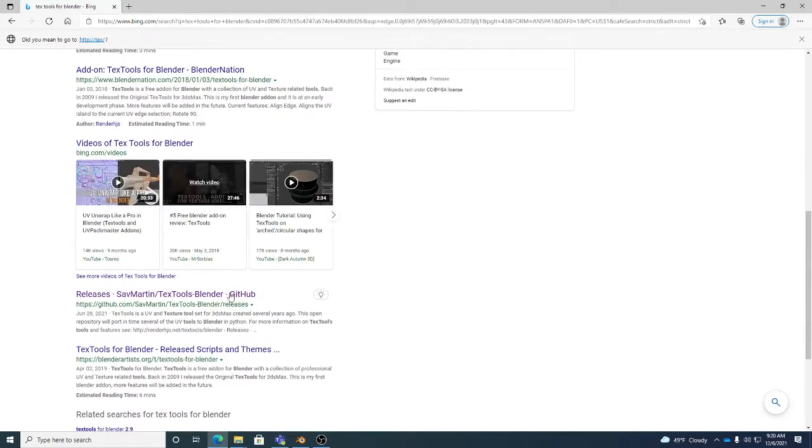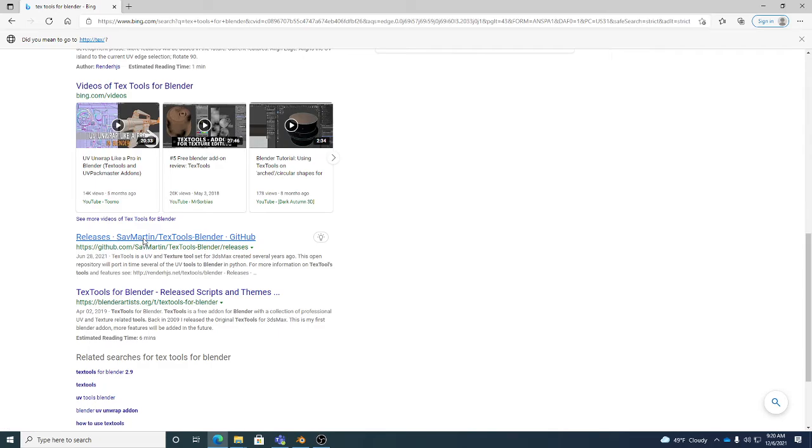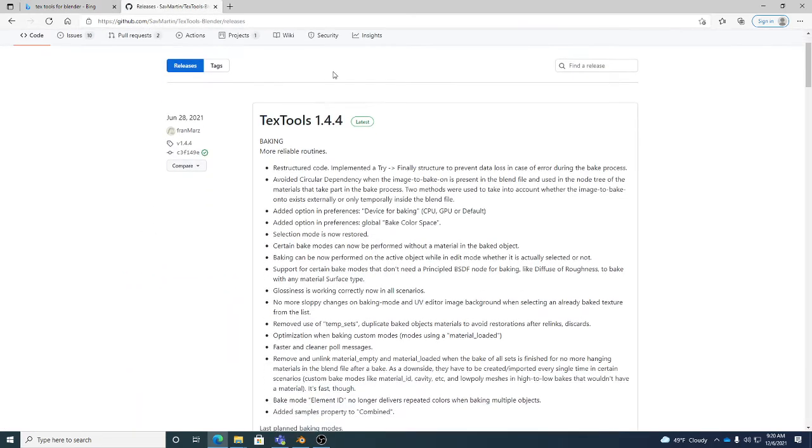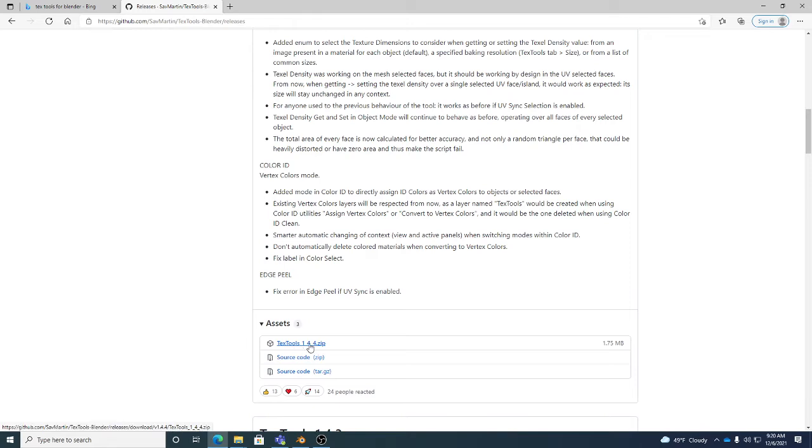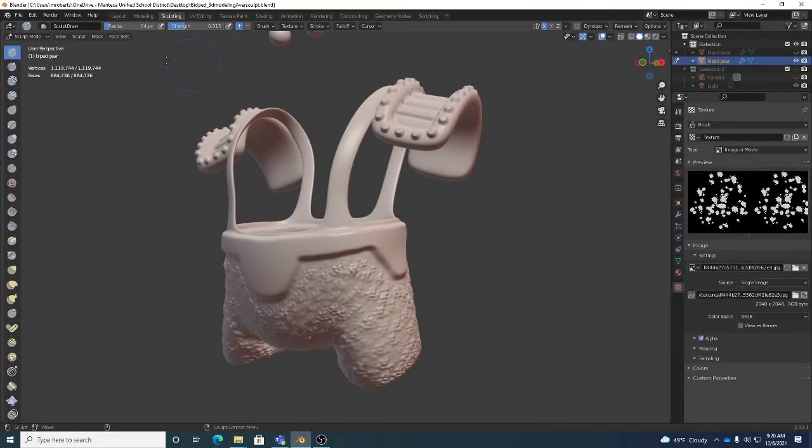Once you do that, it brings this up. Scroll down to the Releases section. Click on that link. It brings this up. Scroll down until you see the zip file right here, Text Tools 144 zip. Click on that to download, and it'll go to your Download section. Then remember, you go to Edit, Preferences,